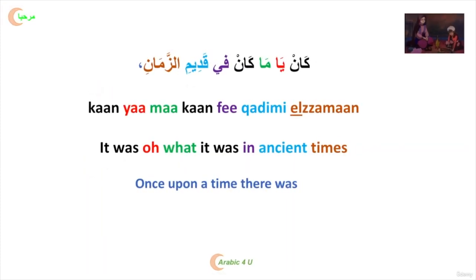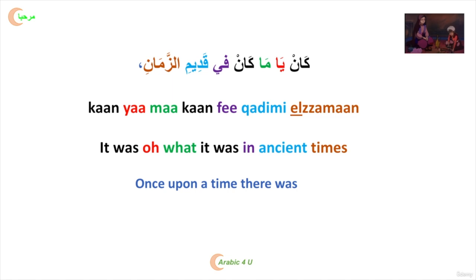This is just a piece of the story. And by the way, I am preparing another course that will have stories like this and also color-coded. As you see here, I have each word color-coded so you know what word means what. So for example here, كان يا مكان في قديم الزمان, and I wrote it in Arabic and also with the English alphabet just this time, because after you finish the course you will be able to read Arabic without needing the English alphabet. So, and I color-coded every word.